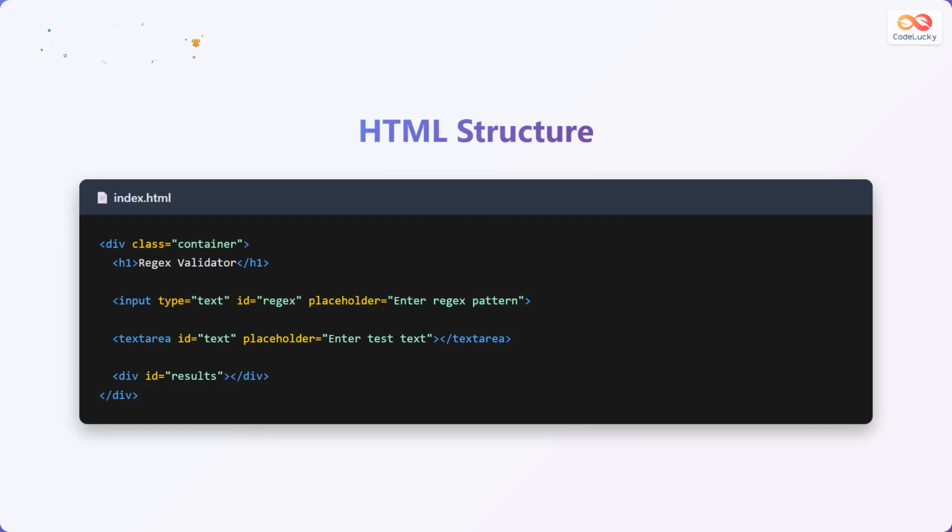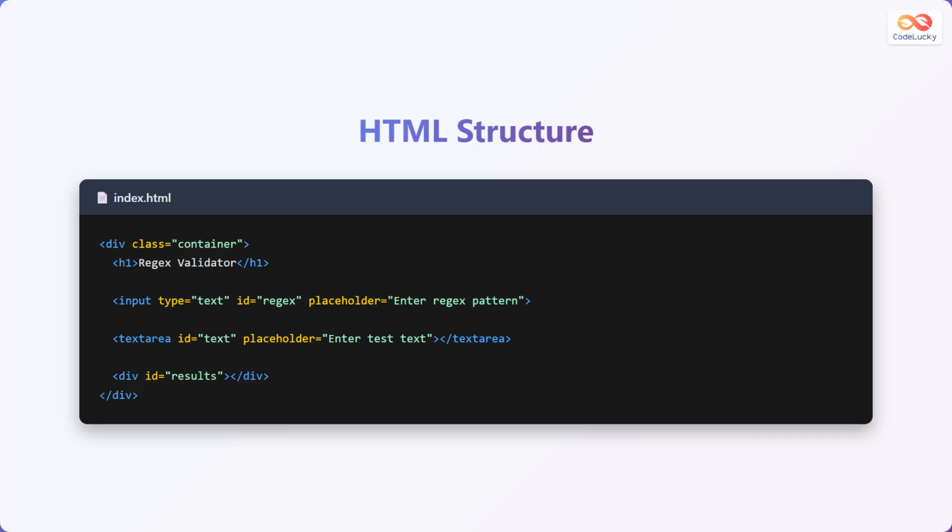Let's examine the basic structure of our index.html file. Inside the div element with the class named container, we have a heading 1 element that says Regex Validator. Then we have an input field, where users can type in their regular expression. The input field has the type text and an ID of regex, with a placeholder text that says Enter Regex